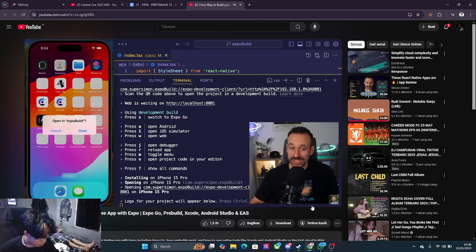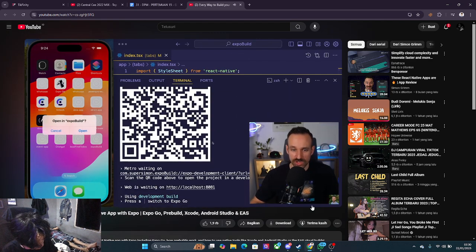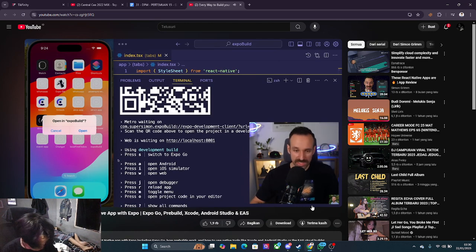All right, so the build finished and we kind of see the same output. It looks like we're still using the Expo Go application or what's going on, but notice the difference. We are now using a development build. So this is an important term, and there you can actually still switch to the Expo Go app by pressing